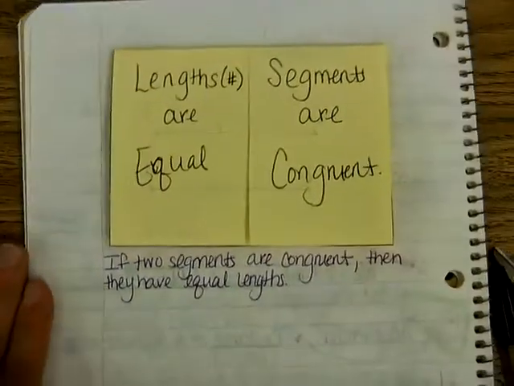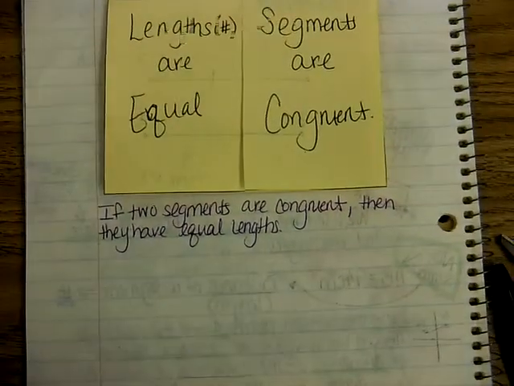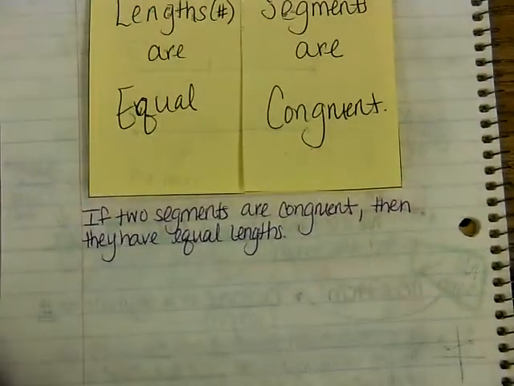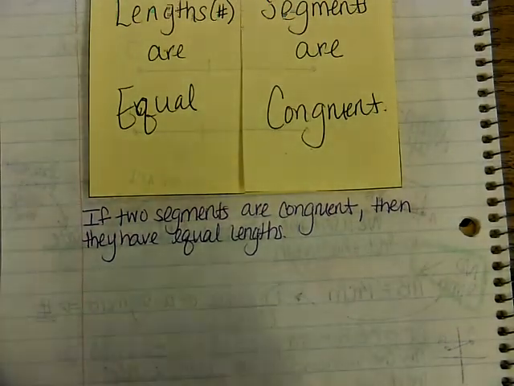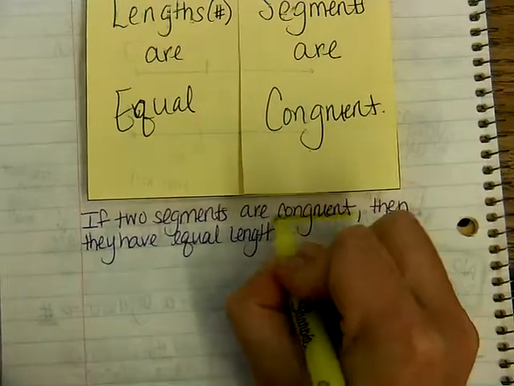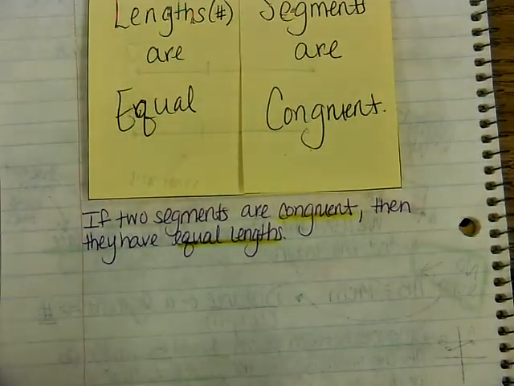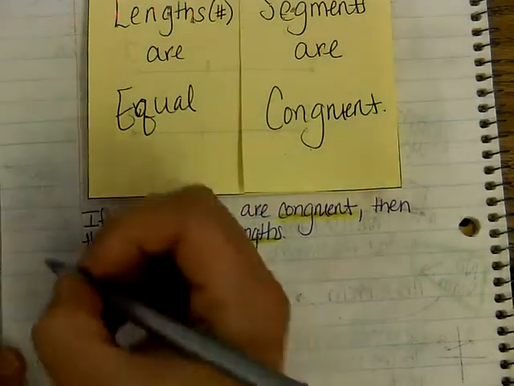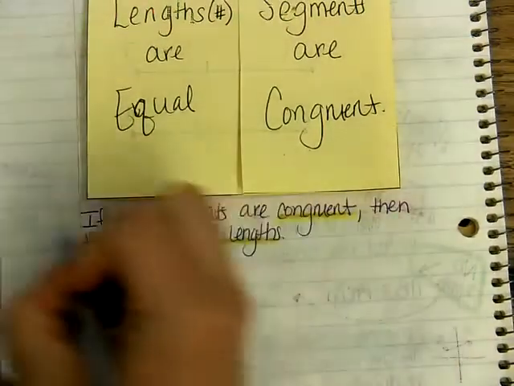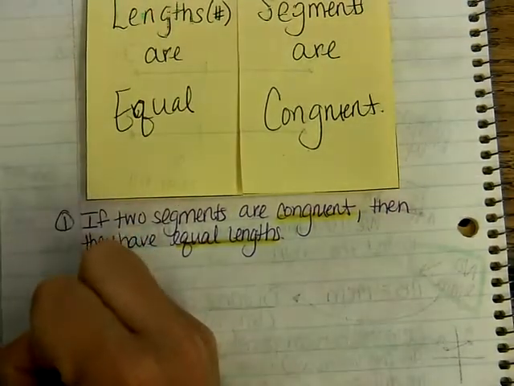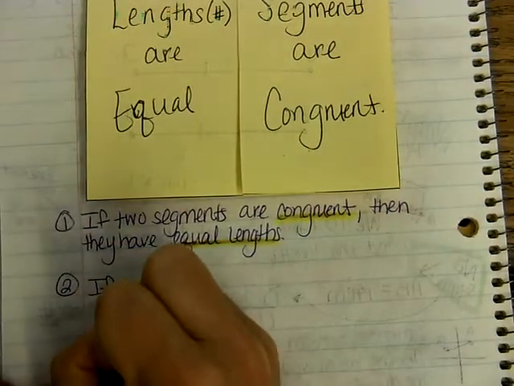And vice versa. If two segments have equal lengths, then that means that those segments are congruent. So congruent is just saying that they have a relationship. They have equal lengths. We don't necessarily know what those lengths are, but we just know that they are congruent, so they have equal lengths. We would use a congruent symbol until we know what the actual numbers are. So that is one way to view it, and the other way to view it is if two segments